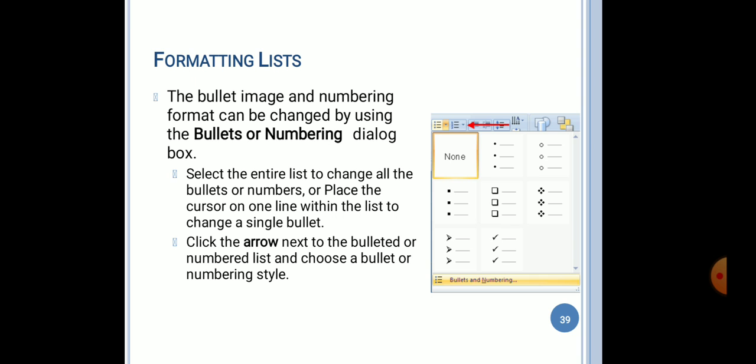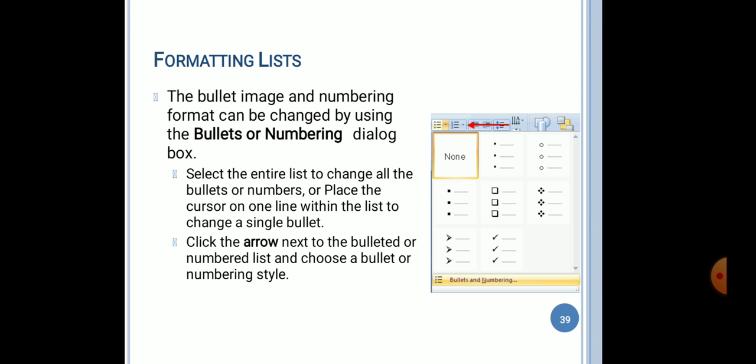Then, dear students, we can learn how we can format the list. If you want to format the list, first of all the bullet, image and numbering format can be changed by using this bullet or numbering dialog box. So, dear students, how?